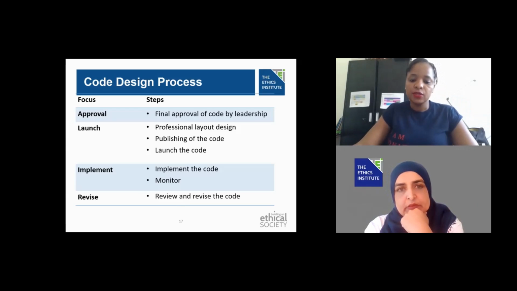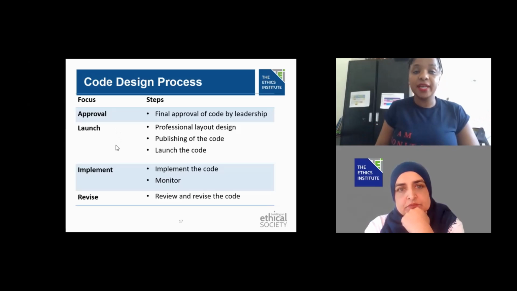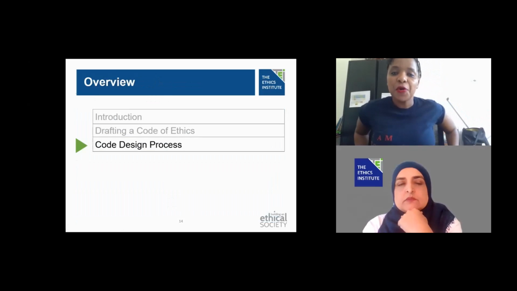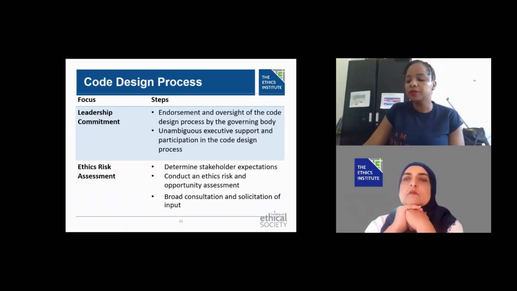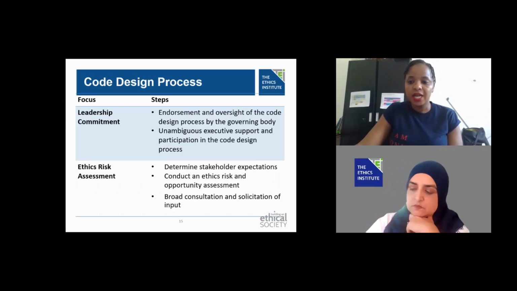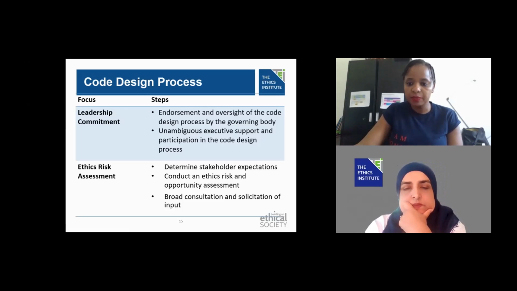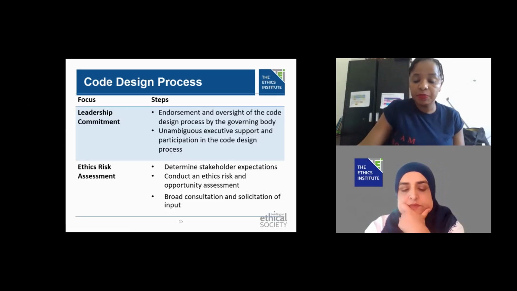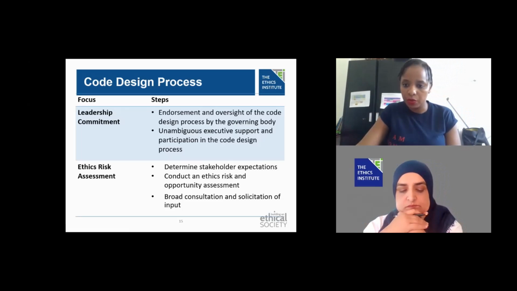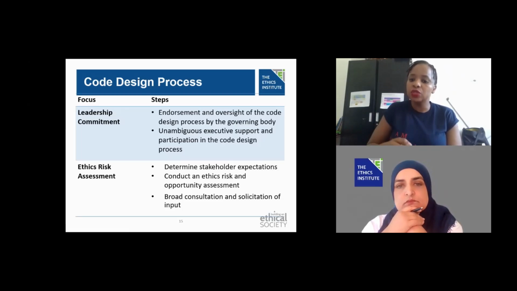Okay, so I think Fatima has told you almost everything there is to say about it. But I think one of the most important things is leadership commitment to this process. Your top leadership needs to be part of the process. They need to acknowledge, accept, and be the promoters of this new code that's being drafted.